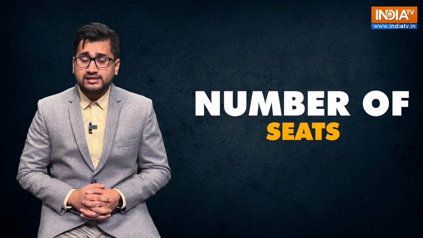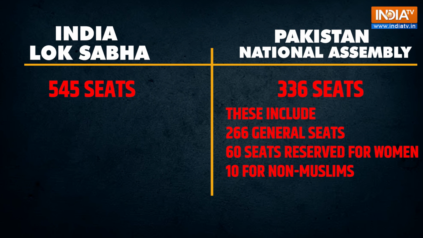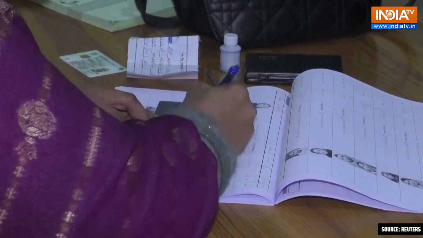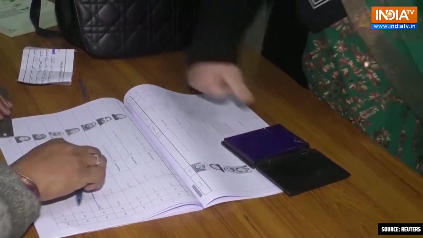Number of seats. India's Lok Sabha has 545 seats, out of which elections will be conducted by the Election Commission to fill 543 seats. On the other hand, Pakistan, being a smaller nation with a smaller population, has 336 seats, including 266 general seats, 60 seats reserved for women, and 10 for non-Muslims. For a candidate to become the PM, they must garner the support of more than 169 members of the National